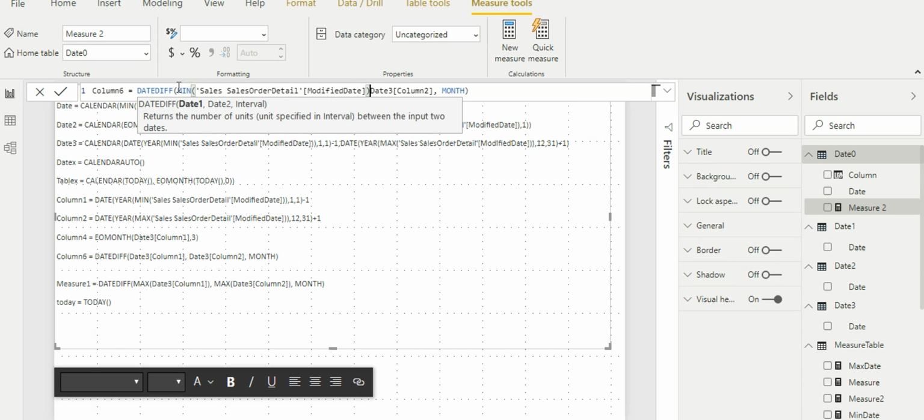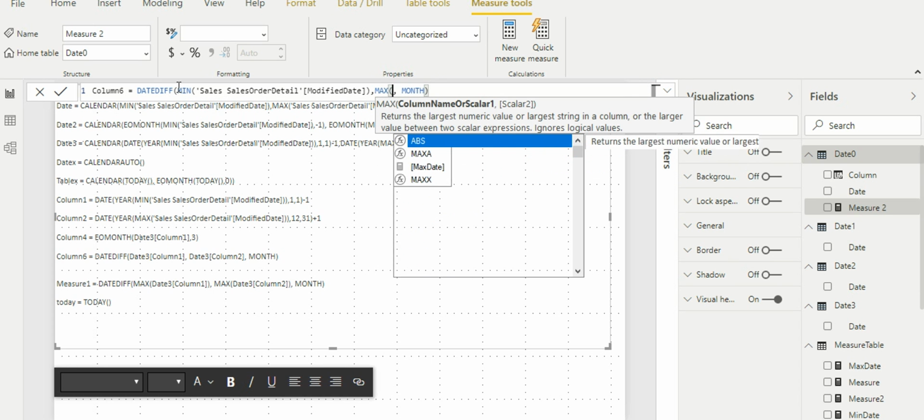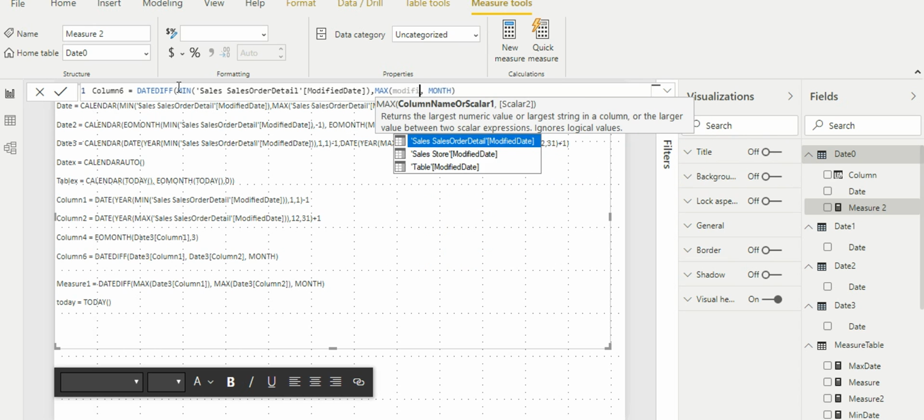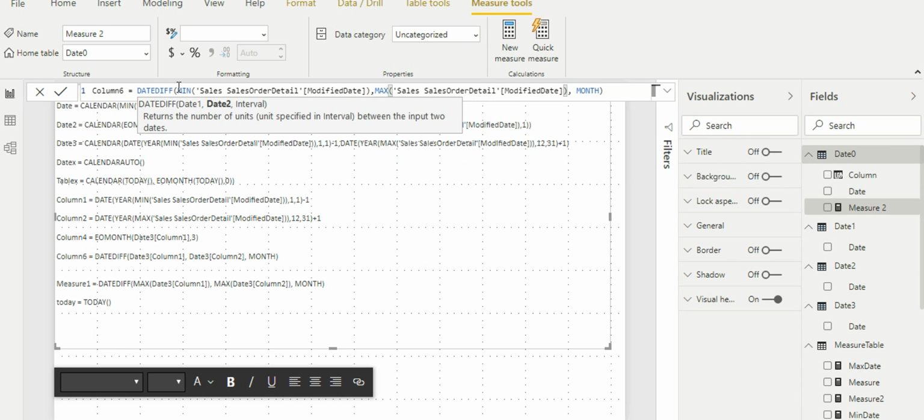In this case, the difference refers to the number of days or the month or the year which is present between the interval of dates selected. So here I'm giving the start date and end date, that is date 1 and date 2 as per the intelligence. And then there is an option called interval.